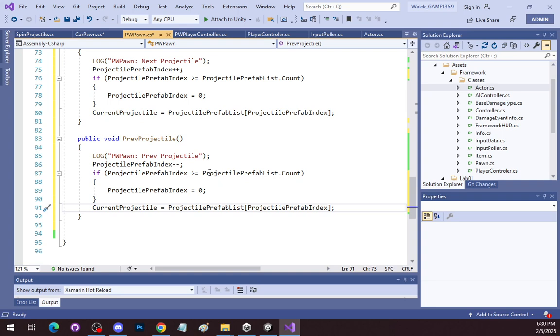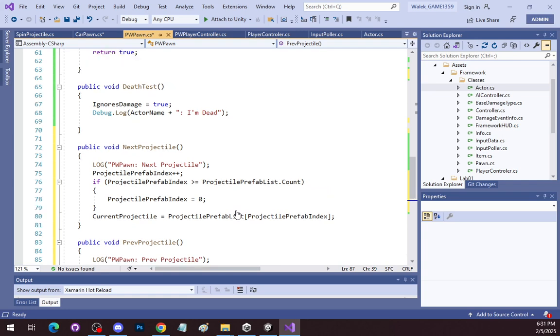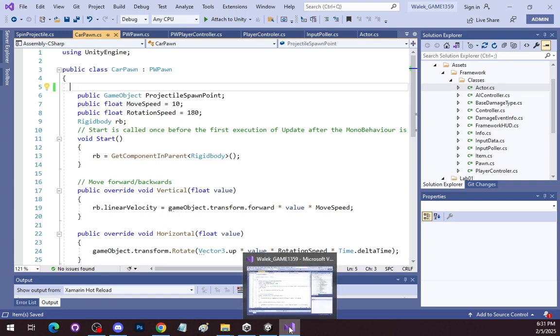This will be count -1, and this will be less than 0. So this is pretty straightforward code. We want to save here. Let's go back to Unity